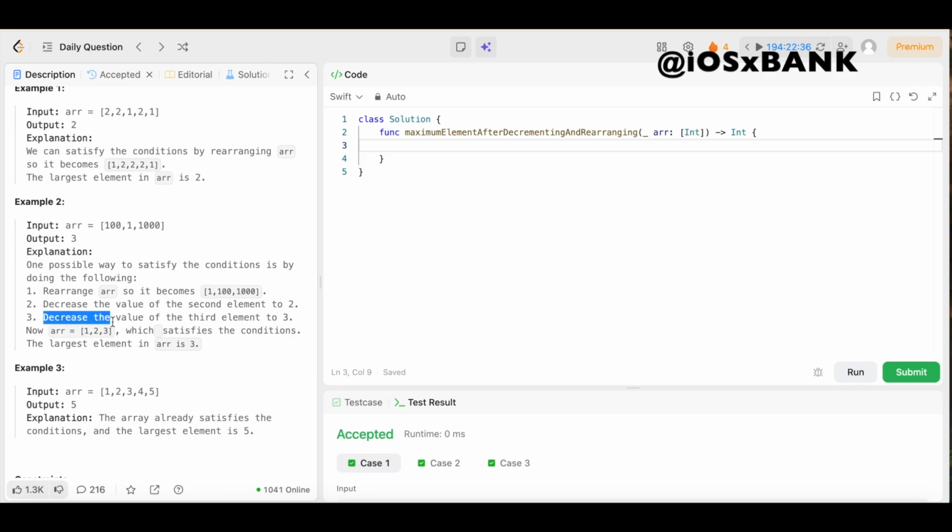Boom. Then we're going to decrease the value of the third element to 3. Once again, the absolute difference between the two adjacent elements has to be less than or equal to 1. So if this is 1 and this is 2, then we could change this to 1, 2, or 3. We're going to change this to a 3, and now our array will be an array of integers 1, 2,